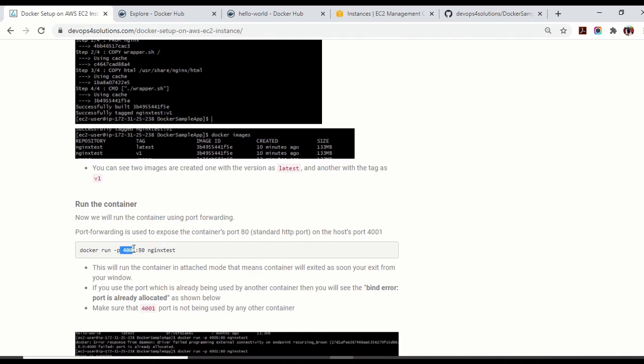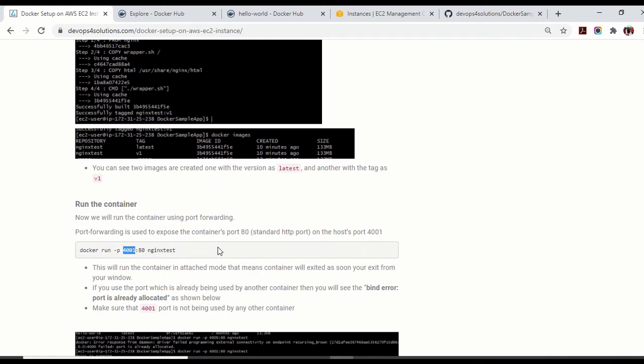What does that mean? It is port forwarding, which is used to expose the container port on the host port. So when you run this command, you can access your Nginx service whenever it's up and running using 4001, because you map container port 80 to host port 4001.